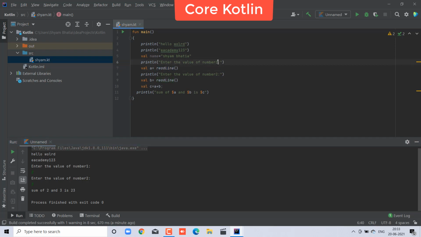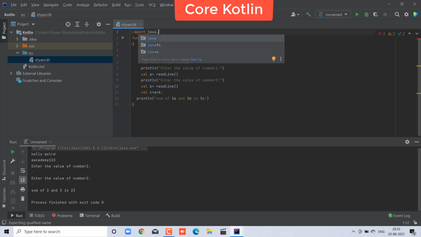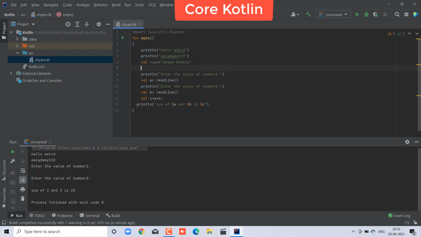So in that case you can also work with a string. You can simply take a string here. Okay, but right now we will take user-defined input. Then what will happen? Go here and import java.util.Scanner, with a capital S. Okay, that's perfect. After that, come inside and create an object.